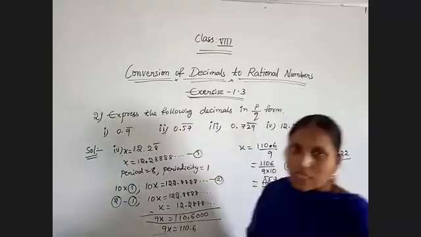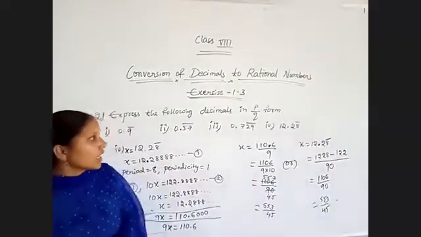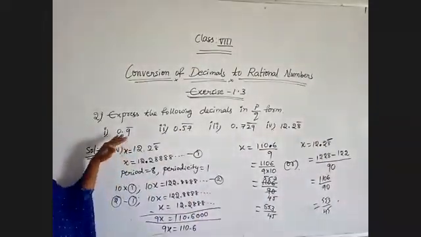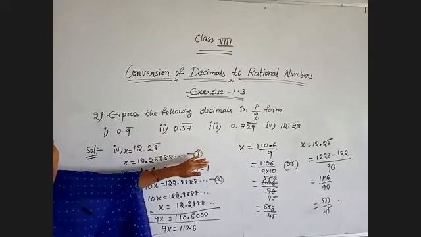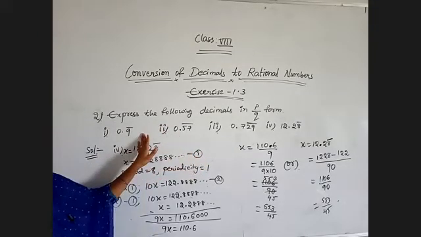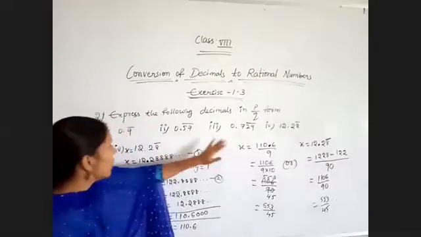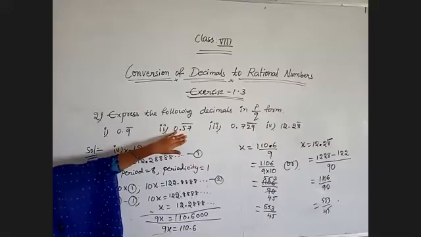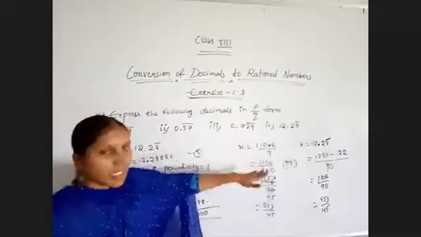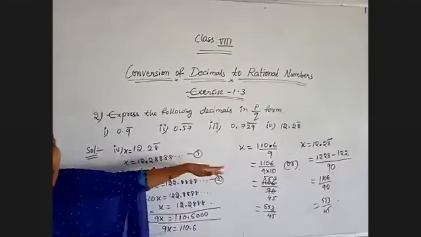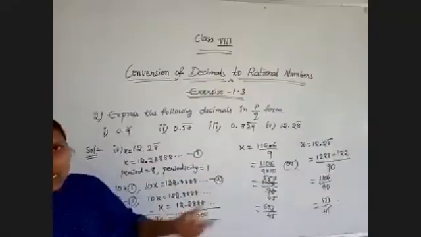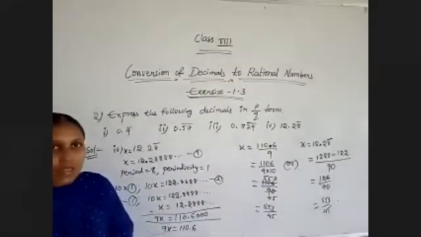So these are the different points to remember while converting a recurring decimal, pure recurring decimal or mixed recurring decimal, to a fraction. The formal method is the same for any of the recurring decimals. But coming to the shortcut method, some changes are there for pure recurring decimals and mixed recurring decimals. Take your own questions and try yourself.